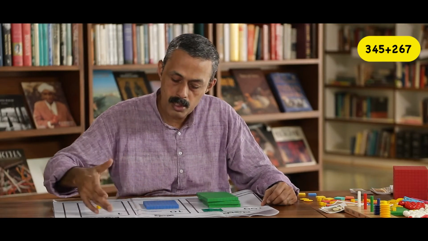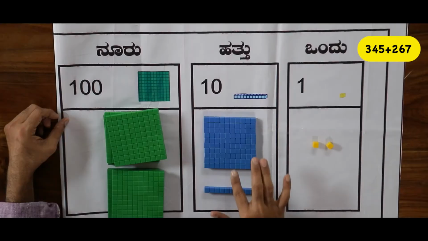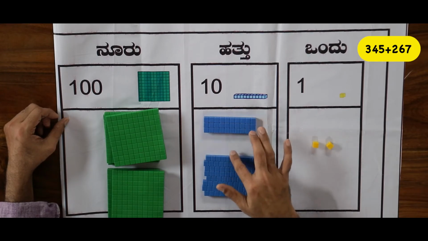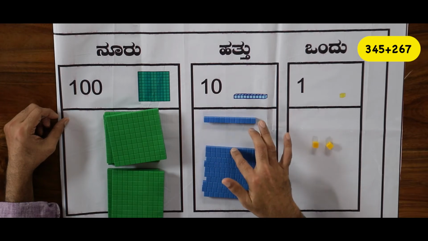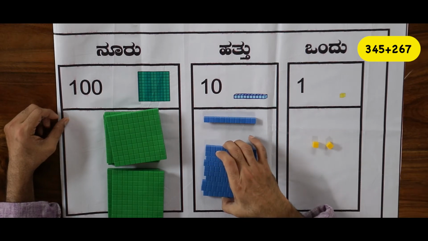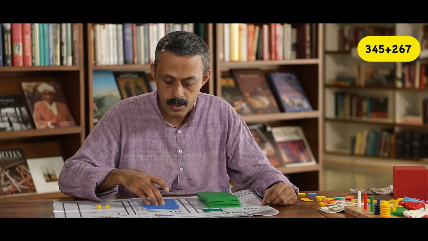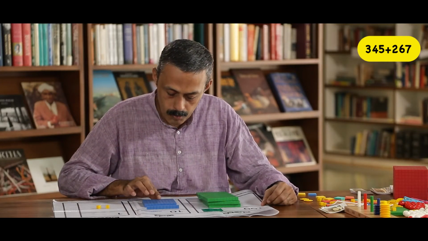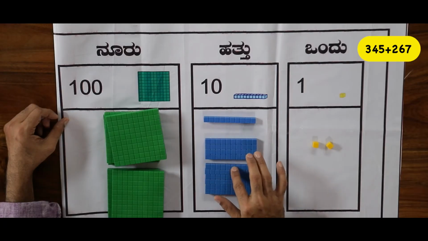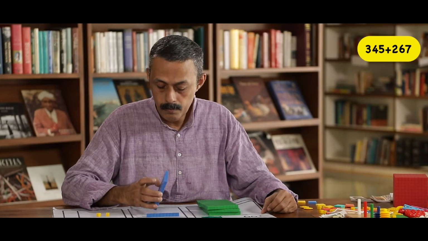So now I have assembled all the tens, that is the existing tens and the carried over tens. 1, 2, 3, 4, 5, 6, 7, 8, 9, 10, 11. What should I do now? These 10 tens, there is no place after 9. So these 10 tens cannot be accommodated here. Let me count again. 5, 6, 7, 8, 9, 10. I have 10 tens. Correct?